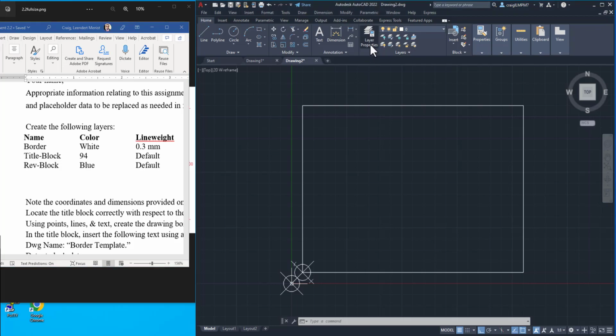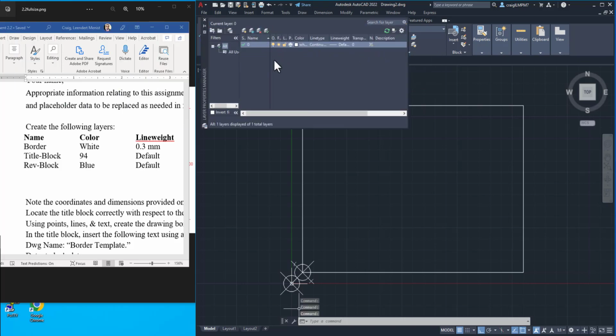So we click on our layer properties and it opens the layer box. Notice that we are on the 0 layer. It's checked green and it will not let you rename it. It is there for a particular purpose, which we will get to in future lessons. But for today,